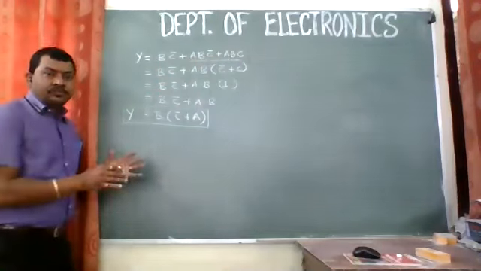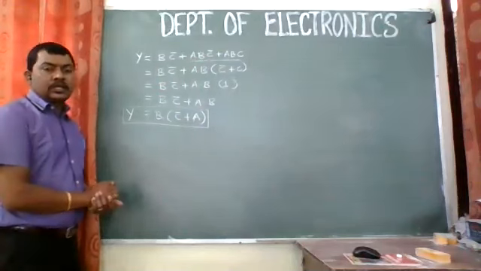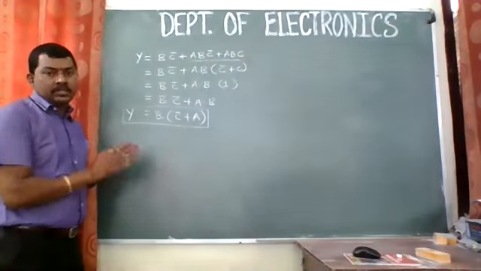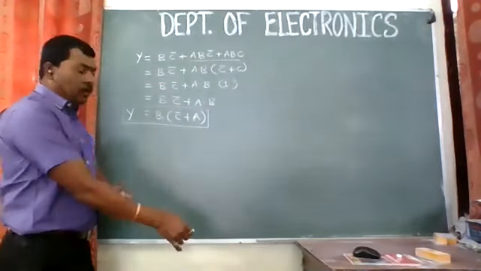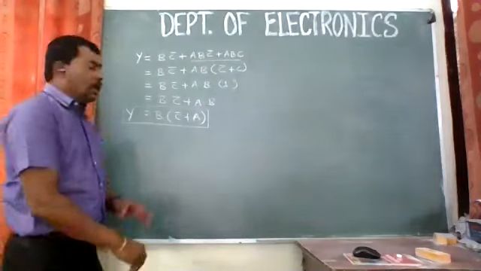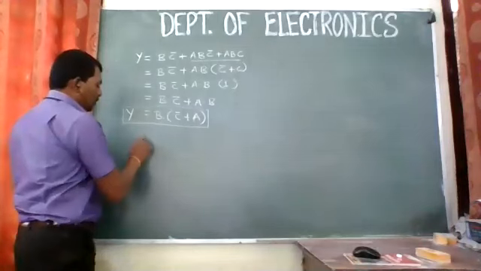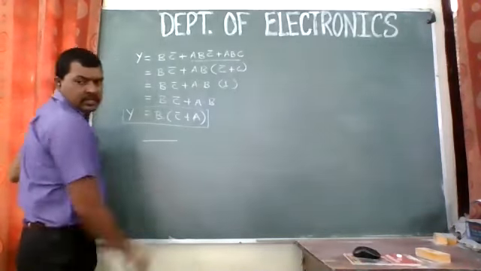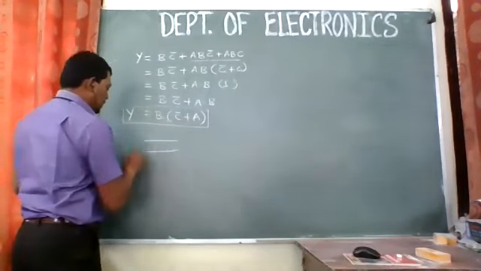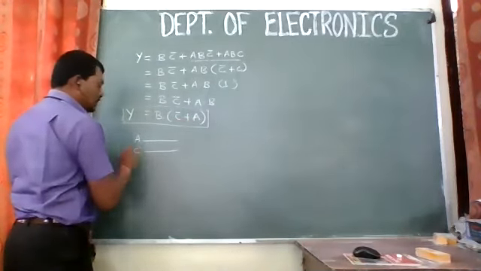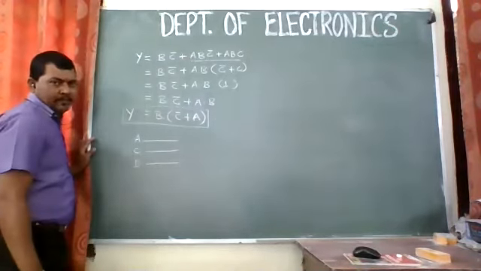Now we'll try to implement this circuit. How are you going to implement this circuit? As I told you, we are having 3 variables, right? Remember this. So let us start. In the beginning, I will take 3 variables. Now I am trying to draw the circuit as such. So I will have these 3 lines. A and C are common, so I am taking A and C over here. So A, C, and then I will be taking the third line, that is B, right?